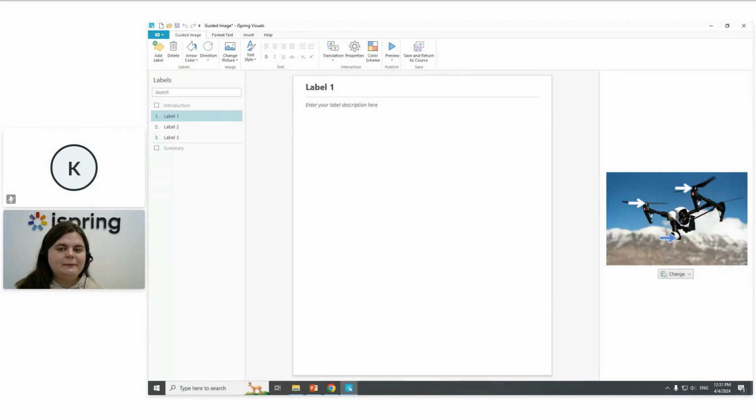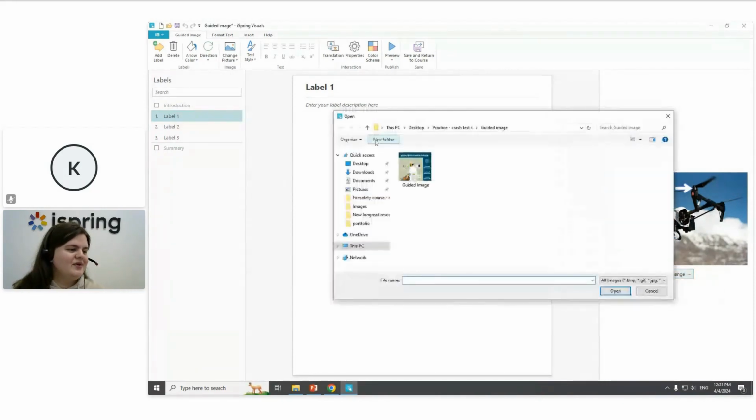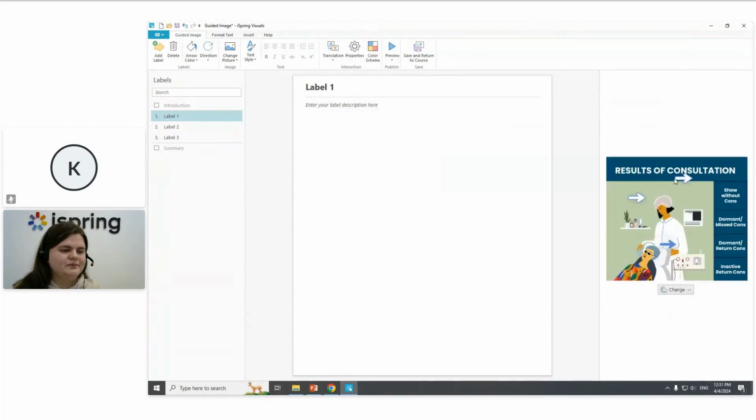Okay, so what are we gonna do now? First of all, we need to change the picture. This is a default one. We're definitely not gonna use this one. So I will select from picture and select the one from my computer. Here we go. Now let's select label 1,